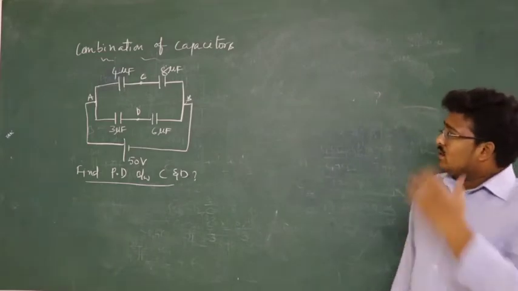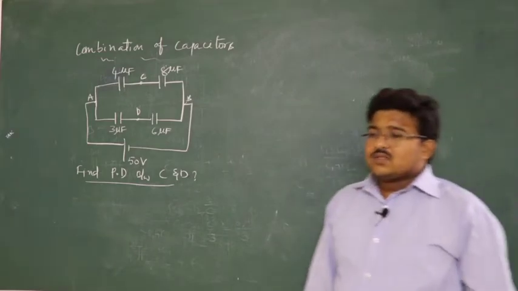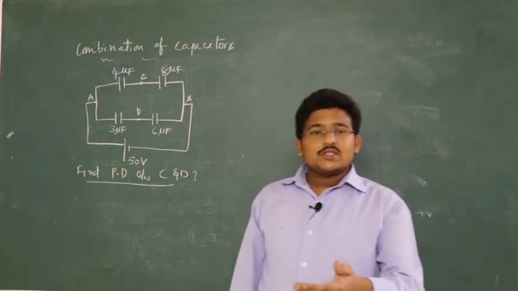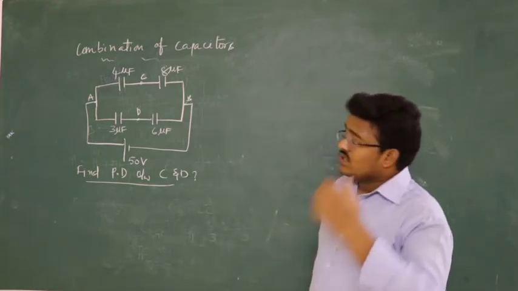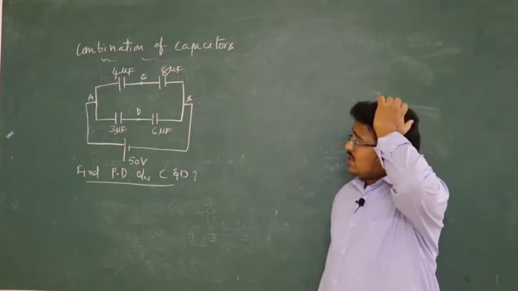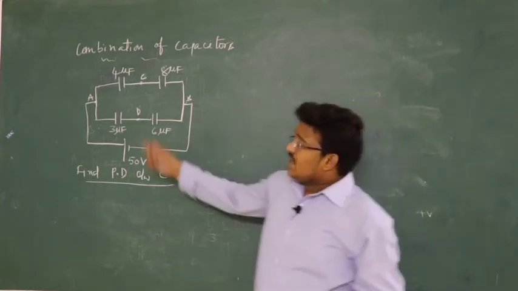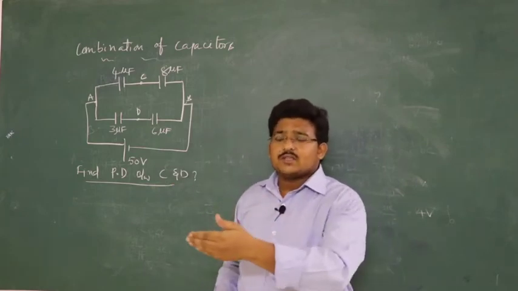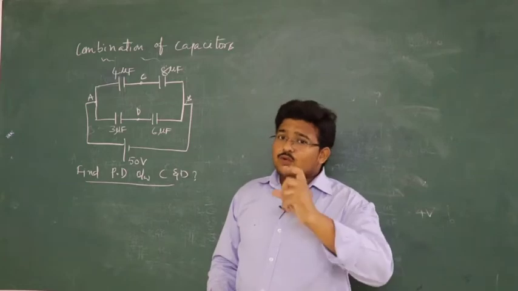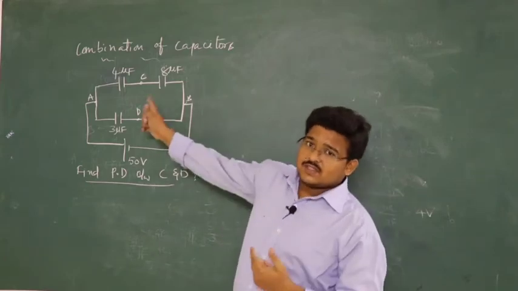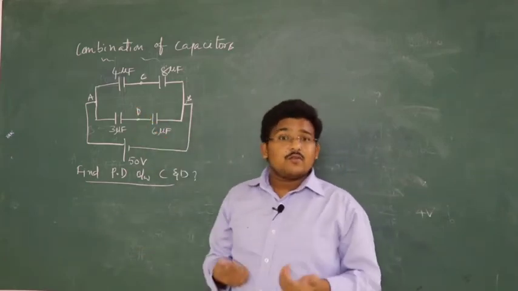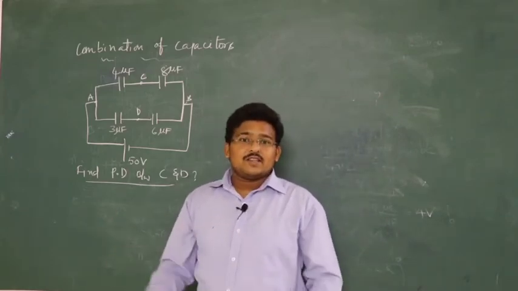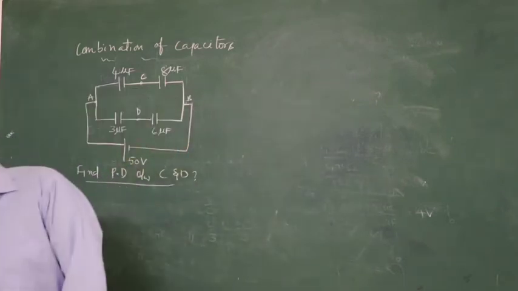Find the potential difference, meaning how much potential is here and how much potential is there, and the difference. To find the potentials, we want V. So Q is equal to CV, so V is equal to Q by C. How do we do this type of question? Initially we don't know. Potential means charge upon capacitance. Even though we have the C values, we want the Q value. So how to get the Q value? Again, by finding the effective capacitance.